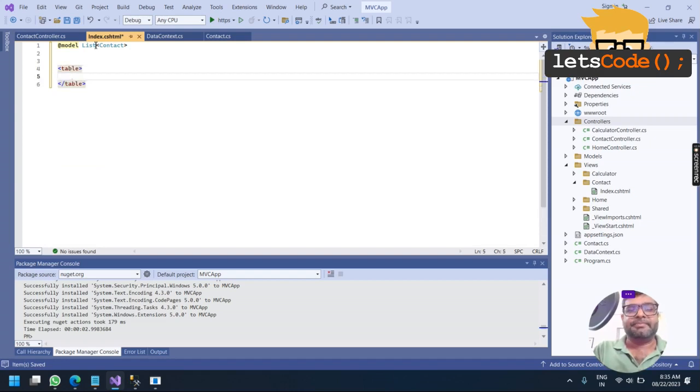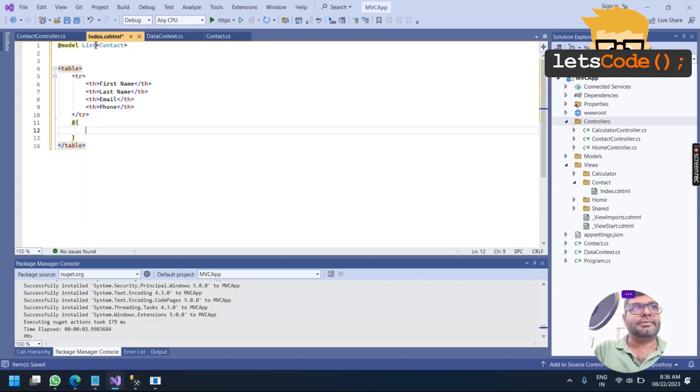Then I'll define a table. In the table there should be th, tr, and within tr, th: first name, last name, email, and phone. And then we are going to do a foreach item in model.